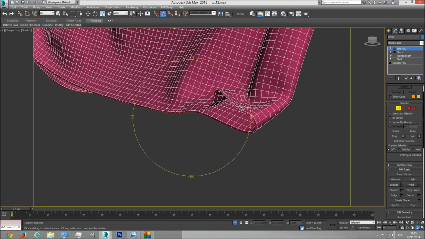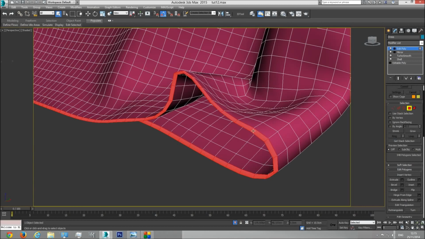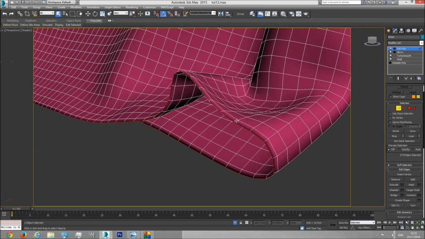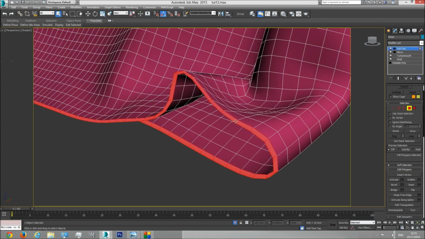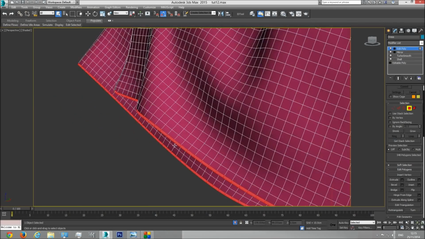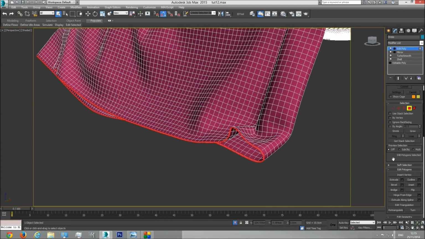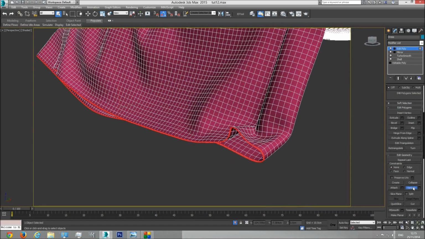Now in order to select the polygons that these edges touch, I need to hold Control and click on Polygon. What this does is select all the polygons that touch the edges that were selected. So if I Control-click on Polygons, it selects all the polygons that touch the edges we used, which is great for us because these are exactly the polygons we need to grow hairs from. So the selection is good. I'm going to detach it,